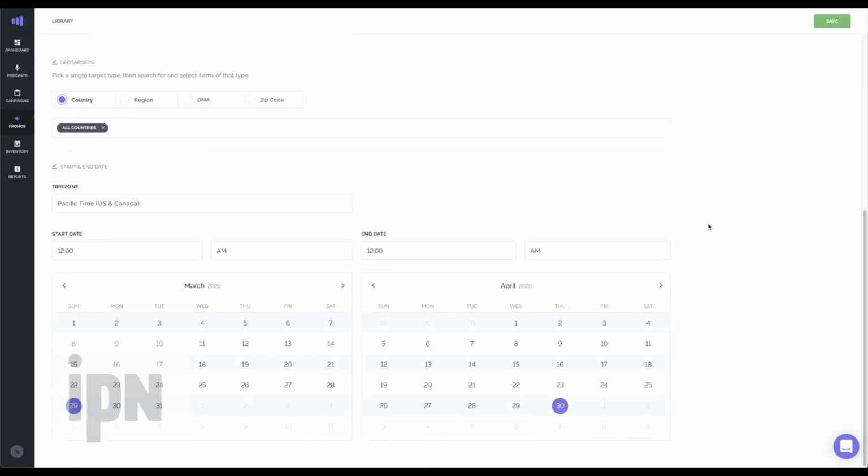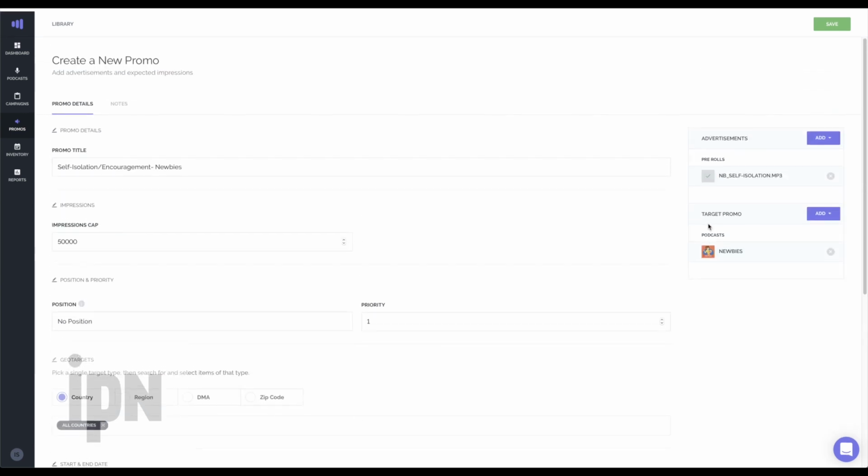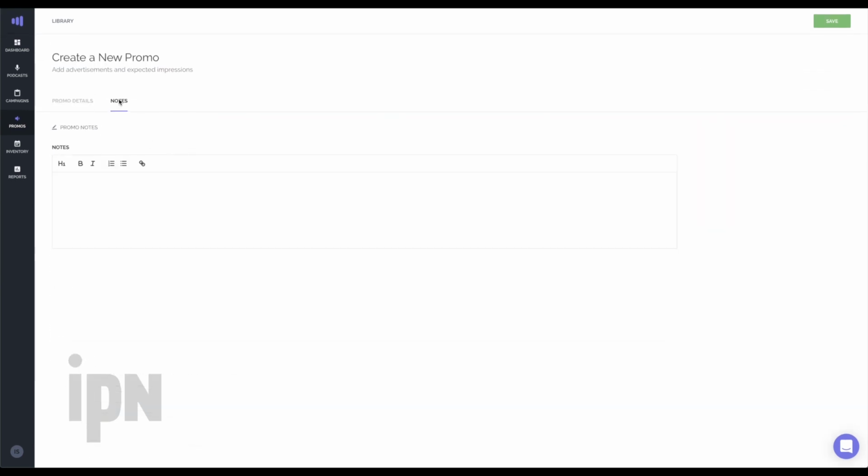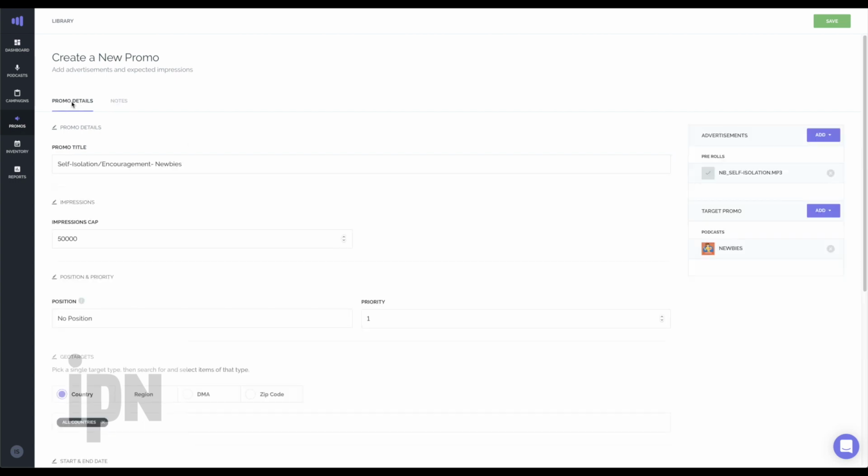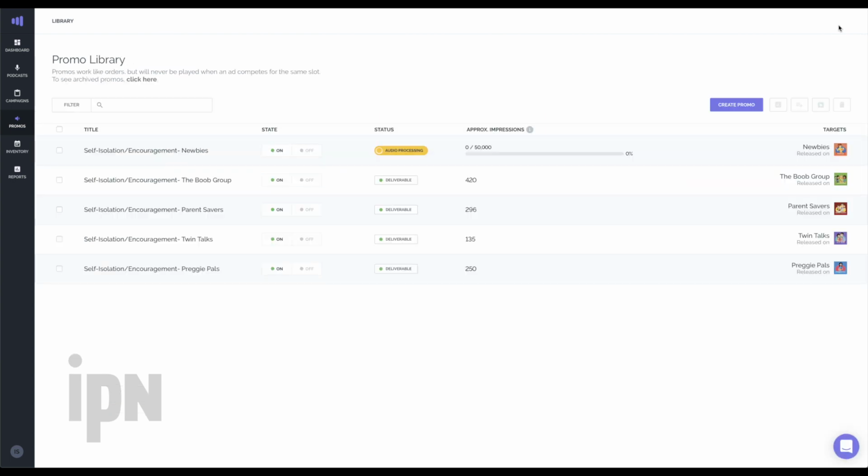All right, so if all the information looks good here, then you actually do have a notes section. So if you wanted to write specific notes about the promo, or let's say it was a cross-promotional kind of thing, and so you wanted to write notes in there of what you agreed to do with the other podcasts that you're partnered with, and how long it was going to run, and what you agreed to say, any kind of notes, you could certainly enter it there. In this case, I'm going to click Save,